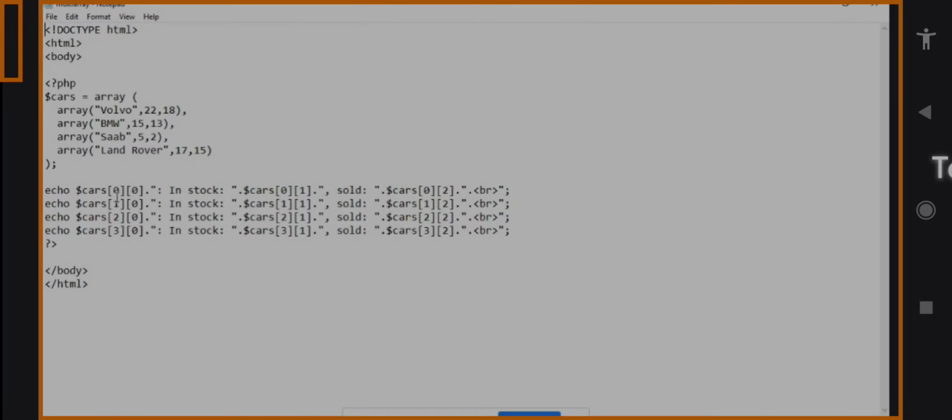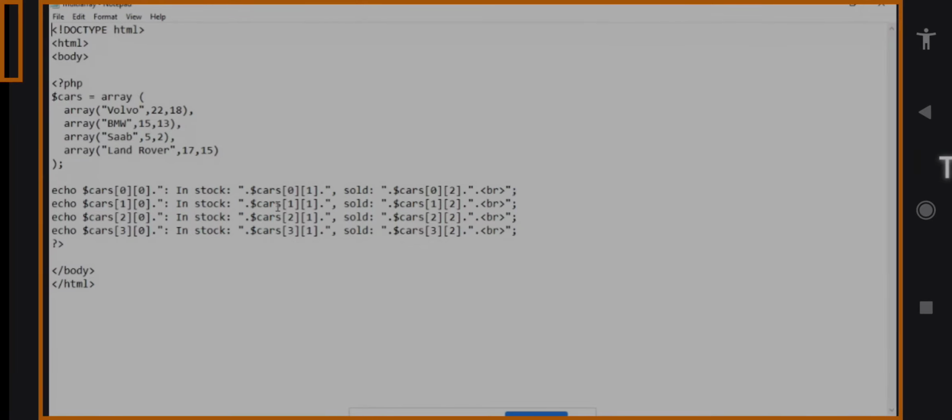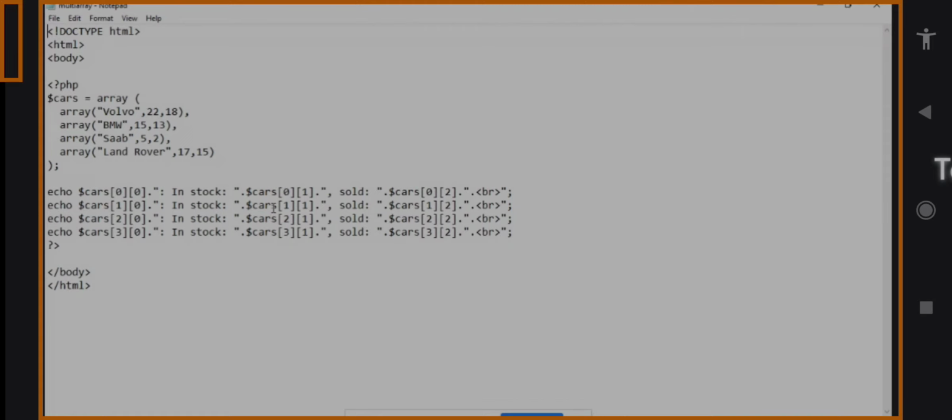So first it will print Volvo, colon, in stock, colon, and the [0][1] position is 22. So 22 will be printed. Next, comma, sold colon, $cars[0][2]. If you see the zeroth row and second column, that is 18. So 18 will be printed.